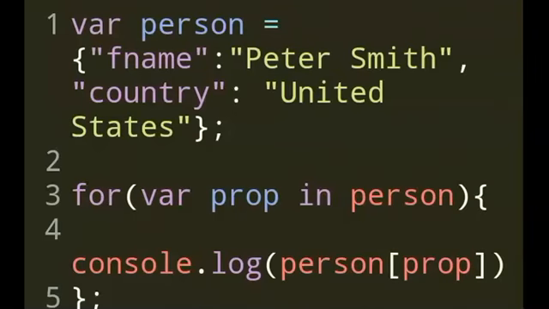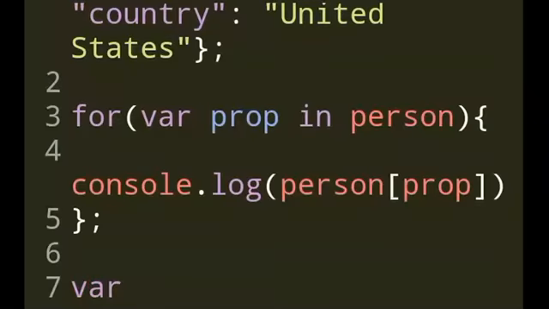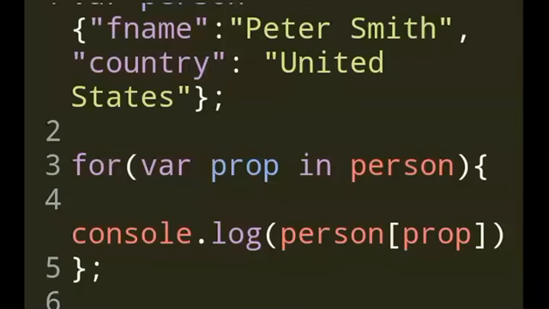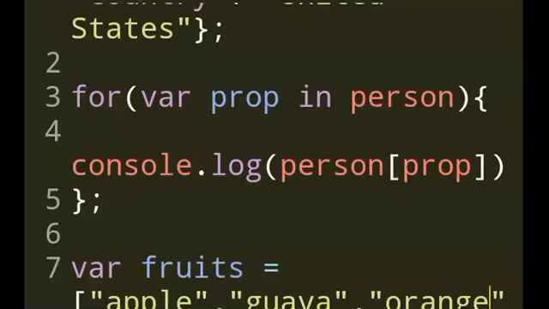You can sometimes use it for arrays. Mostly used for objects, but you can use it also for arrays, like variable fruits. Variable fruits. So this is an array, mind you. So I'm considering some fruits like apple, then guava, and then let's say one more to make it easy, orange. Yeah. So this is it, my fruits array.